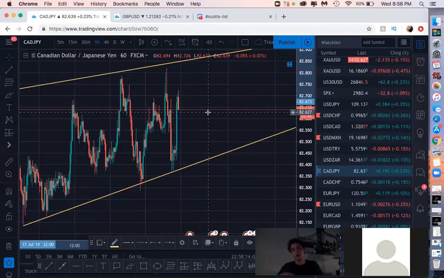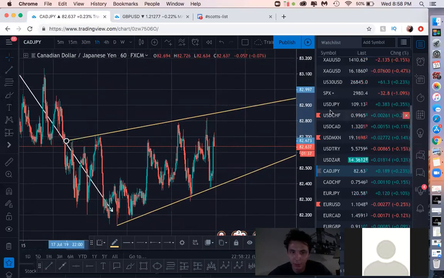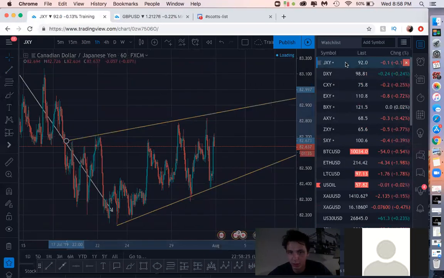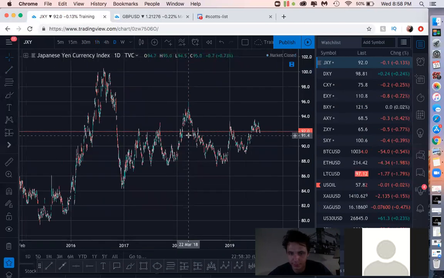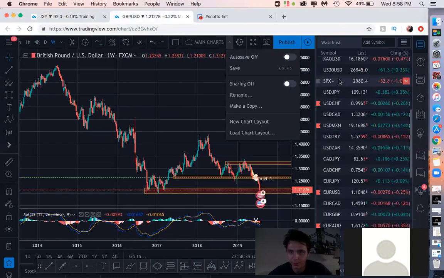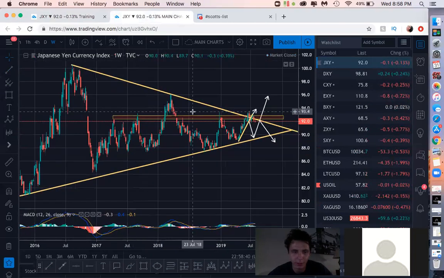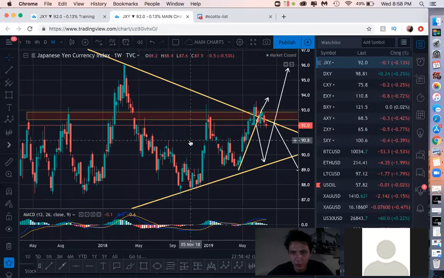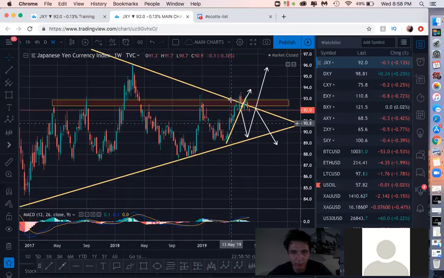Speaking in terms of currency index analysis, we're looking at the Canadian dollar to get stronger, so that can push the market up. What's the JXY doing? Let's do daily. Did it end up breaking out of this? Let's see, I have markup over here. Okay, it hasn't quite yet broken out of this wedge. It is pretty indecisive right now.